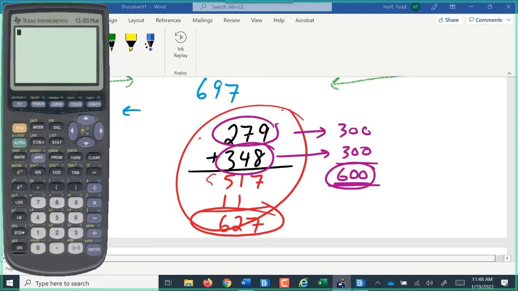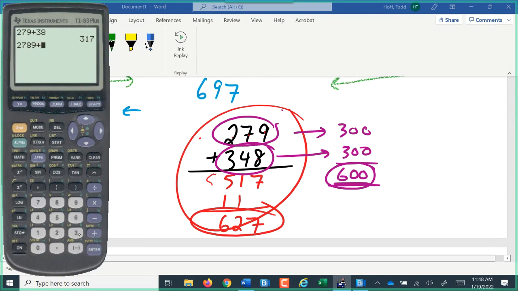279 plus 348. And the 8 didn't register when I typed it in. So I get 317. If I'm not paying attention, I'm going to write that down and assume it's correct because the calculator is always right, and move on. Or something like